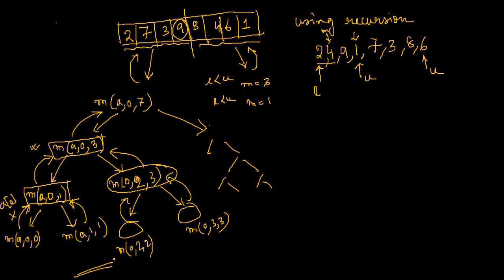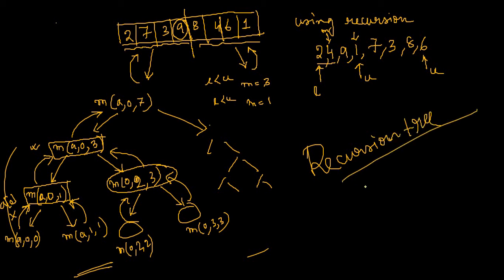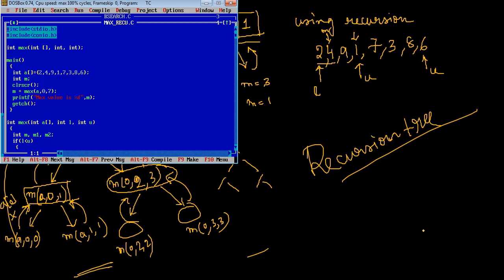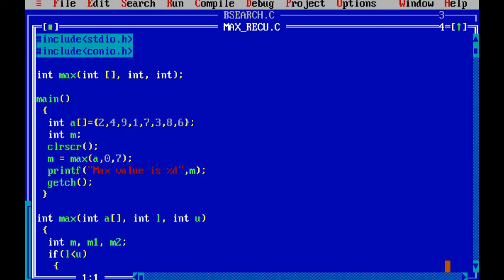By the way, one thing, this particular thing that I have drawn over here is called a recursion tree. The tree by which we pictorially represent the recursive call and returning strategy of some particular function, we define as a recursion tree. So the recursion tree of this particular code will be something like what you have seen.